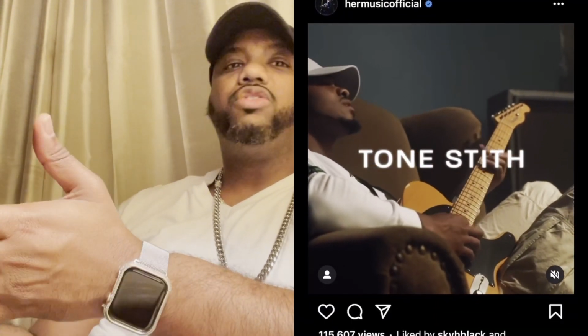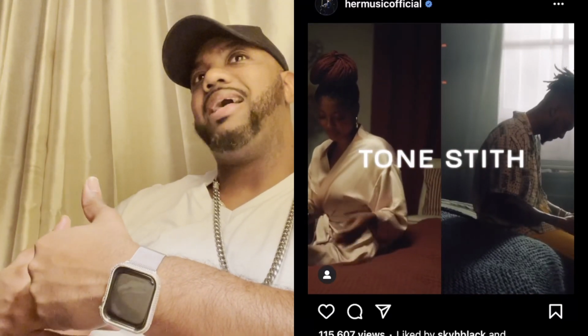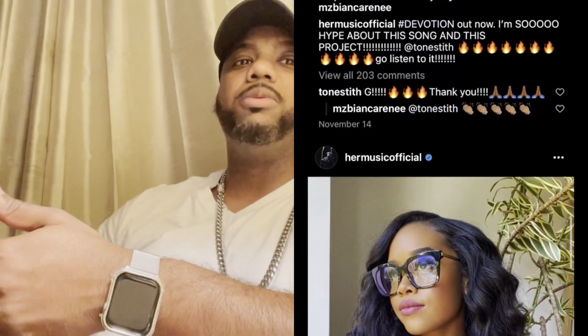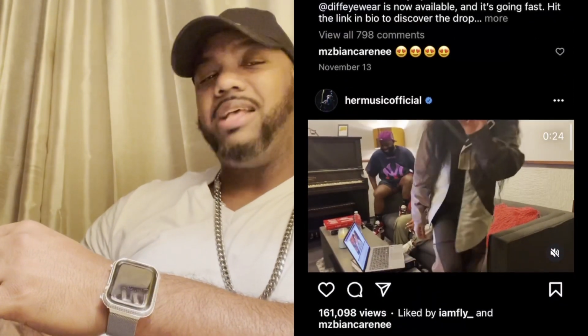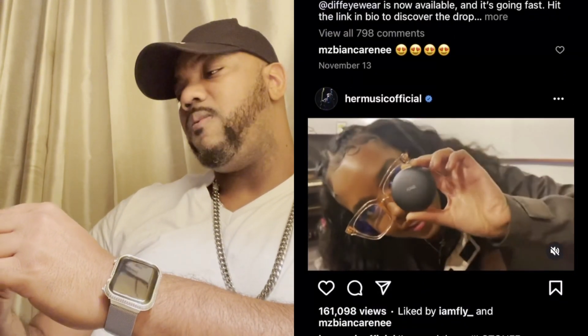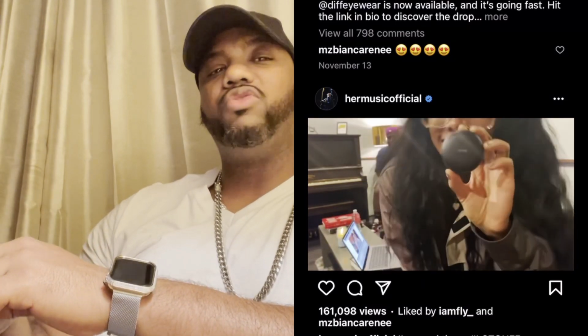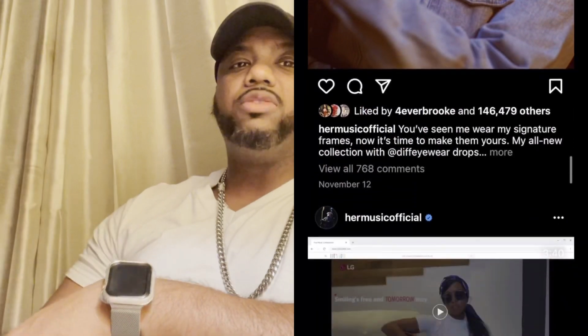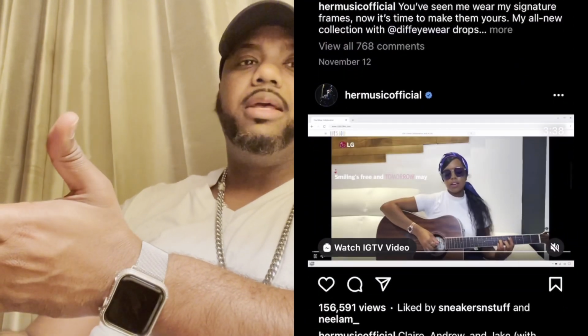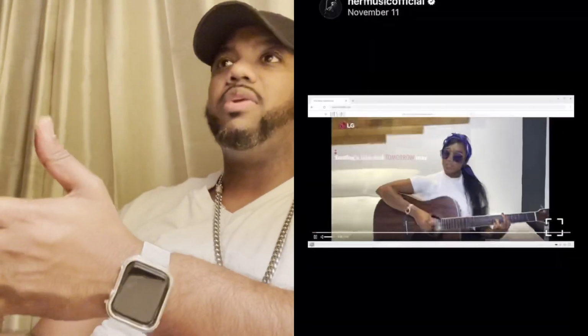So that's the structure that I've always been doing. I think that's the standard. That's how it's supposed to be. But nowadays, I noticed that's been a lost art. A lot of artists don't follow that structure. They either just have a hook for the entire song and one verse, and that's it. So there's no story.